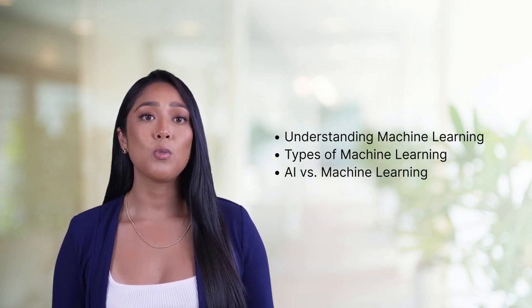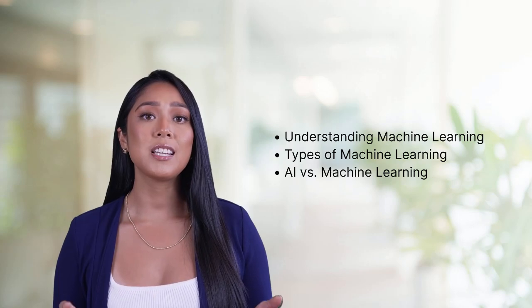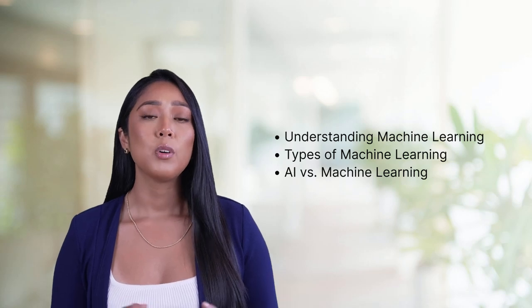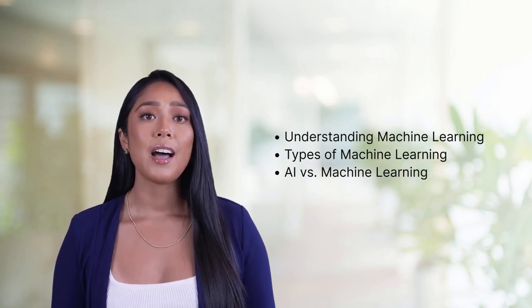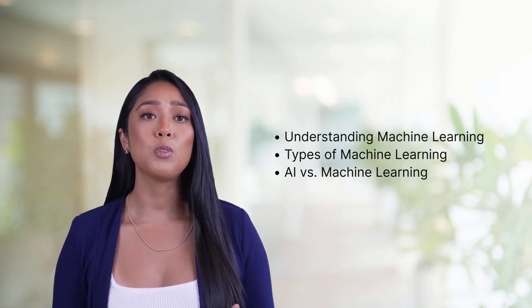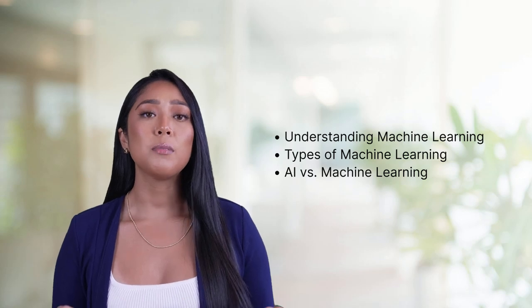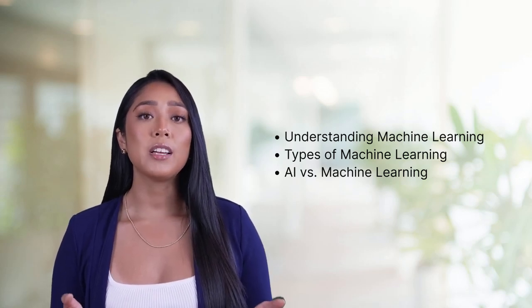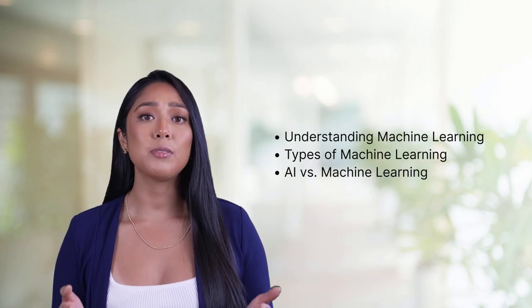Supervised learning, where the model is trained on a labeled dataset, such as email spam detection. Unsupervised learning, where the model identifies hidden patterns or structures in unlabeled data, like customer segmentation. And reinforcement learning, where the model learns through trial and error, receiving feedback via rewards or penalties, such as training